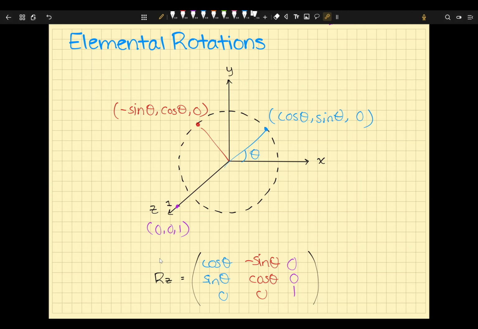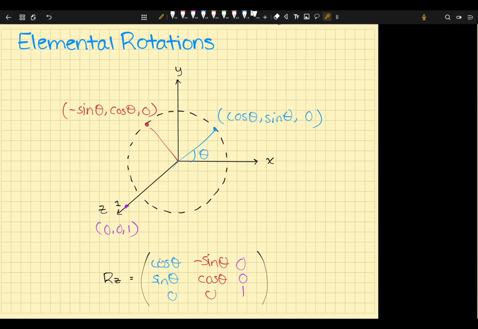All right, and then you can follow a similar process for rotating about the y-axis and rotating about the x-axis. I have pictures to demonstrate this, but if we feel like this is pretty straightforward, then we can skip over them. If we feel comfortable with this, then I'll just move right along to the two other